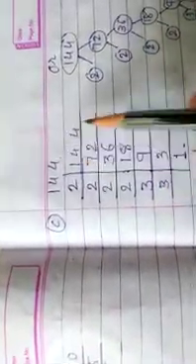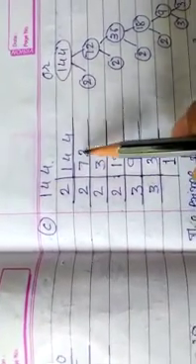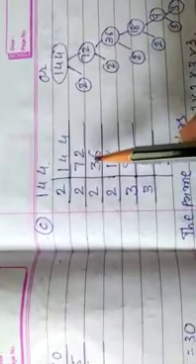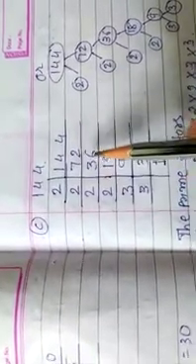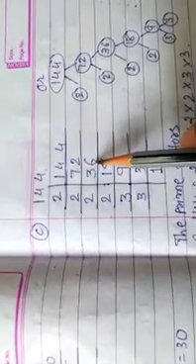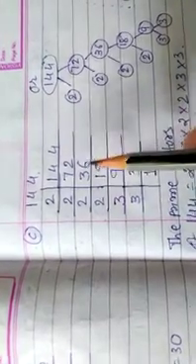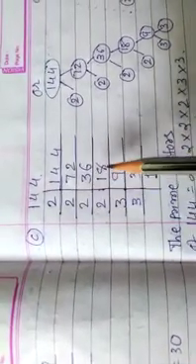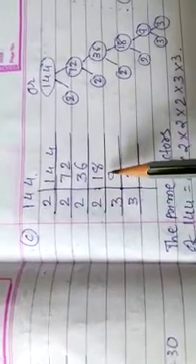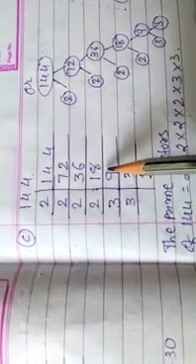Now C1, 144 number is there. We will divide by 2. Answer will be 72. Again this number we will divide by 2. So answer will be 36, because 36 2s are 72. Again this number can be divided by 2, as the even number is in the ones place. So 36 divided by 2, answer is 18. Again 18 will be divided by 2. So answer, means quotient, is 9.